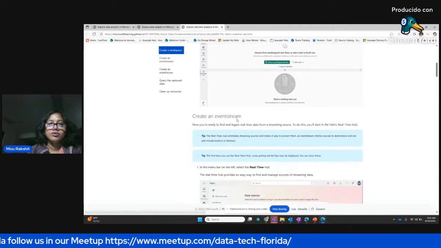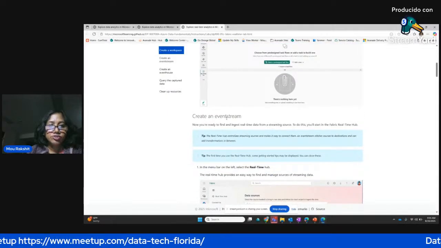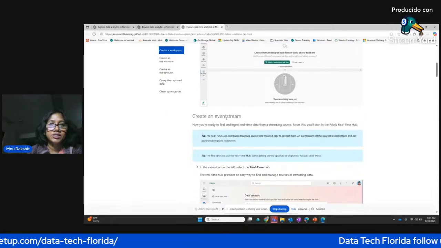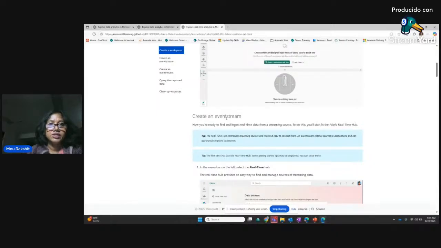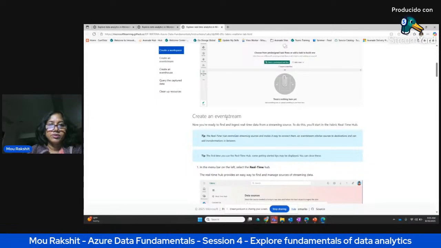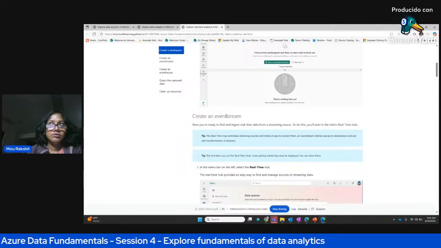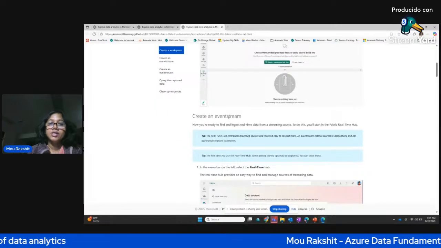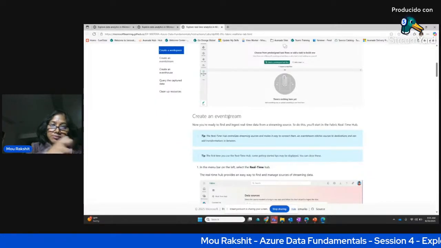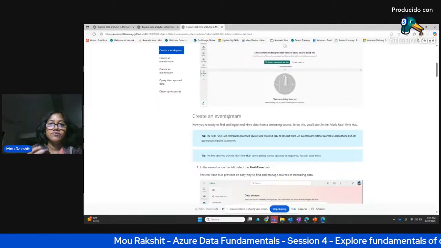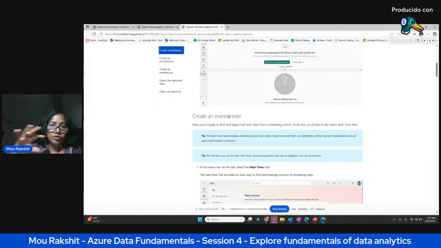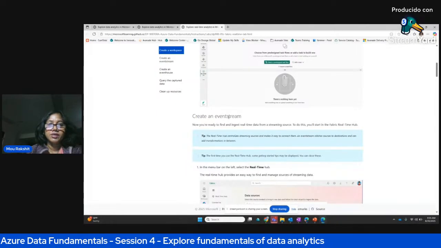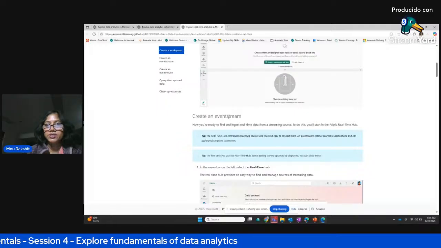Then you're going to create an event stream. The event stream is a service to ingest events, transactions, or change data capture from the source system. Under the hood, earlier it used to be Azure Event Hub, IoT Hub, and Stream Analytics; combined together, it is now event stream. Event stream is just to capture the stream of data. It's not for storing it permanently. You're going to store it in your KQL real-time intelligence database, or you're going to store it in a Delta table.